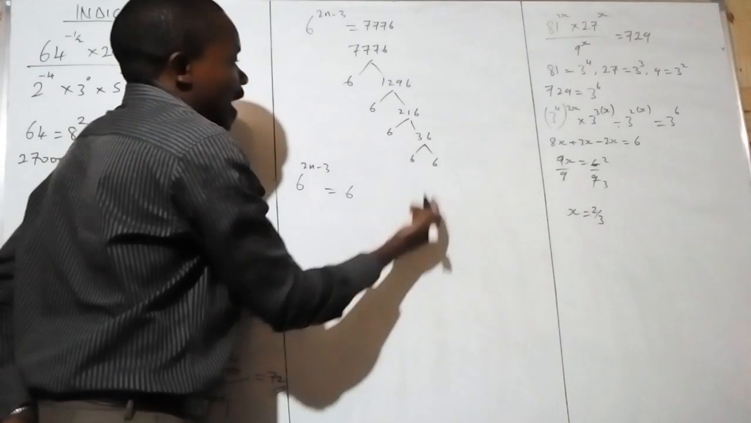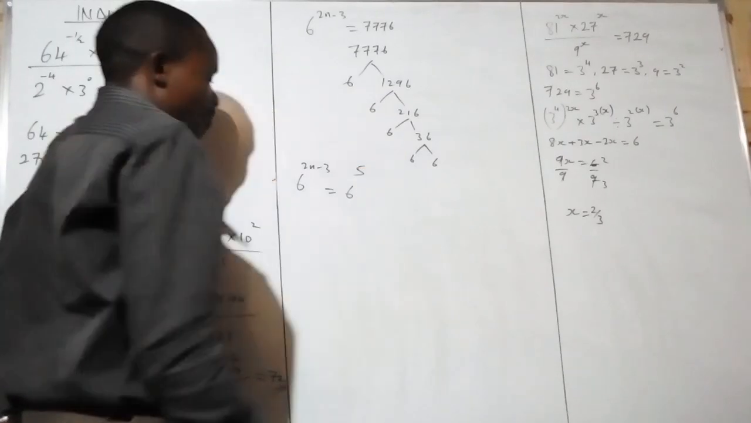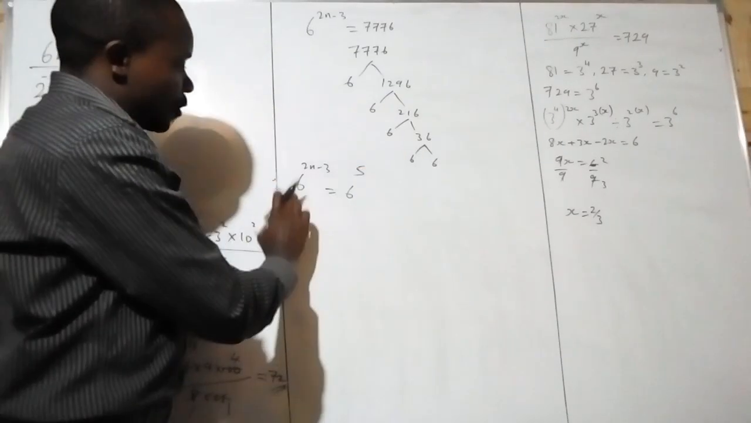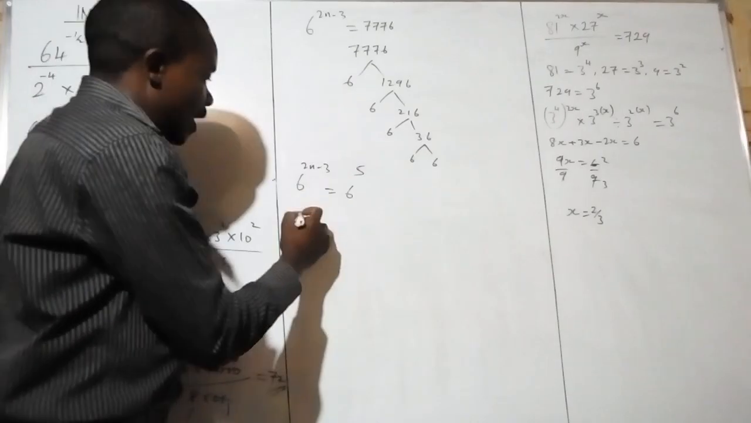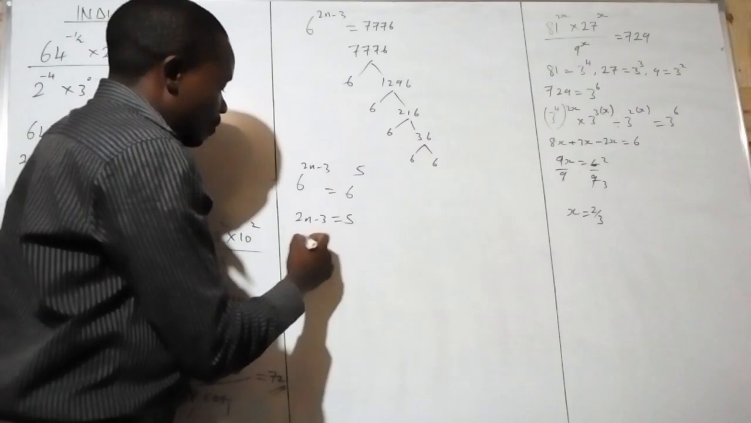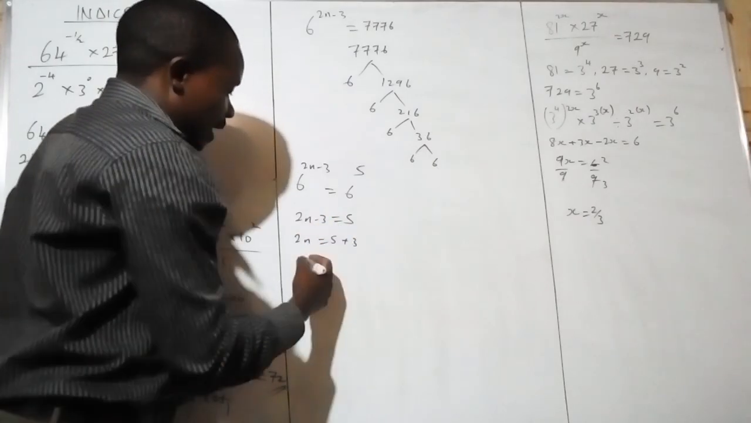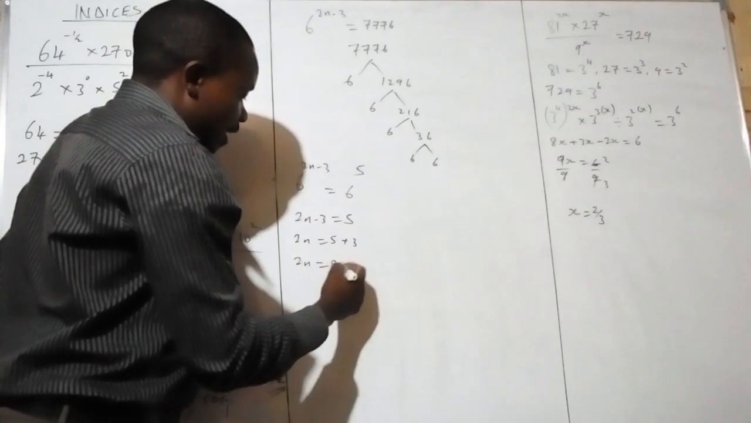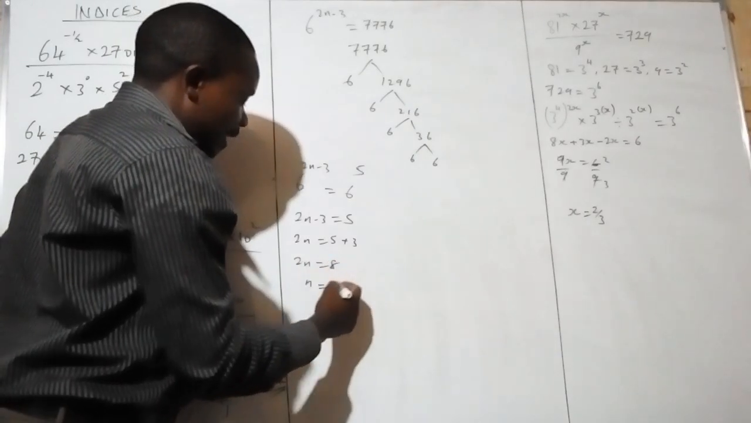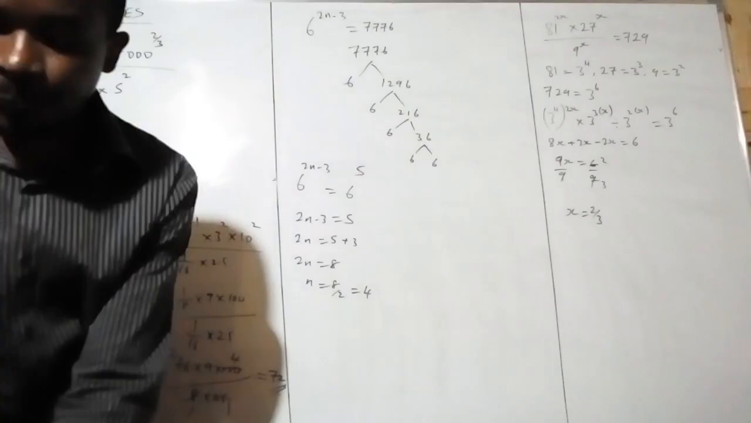Good. Then according to the law of indices, drop the base, you equate the powers. 2n minus 3 is equals to 5. 2n is equals to 5 plus 3, from negative 3 to positive 3. 2n is equals to 8. And n is equals to 8 over 2, which is 4. Simple. Next, you are given